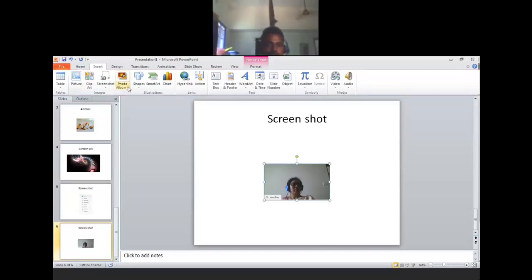We will find out one more option today. There are 5 options: table, picture, clip art, screenshot, and one more. After that is done, your turn will start, that's why we start from your system, so maybe you can recollect with more clarity. And the last one is photo album. Photo album means you can keep an image gallery kind of thing. If you want multiple photographs in the PPT like this, now click on the photo album.